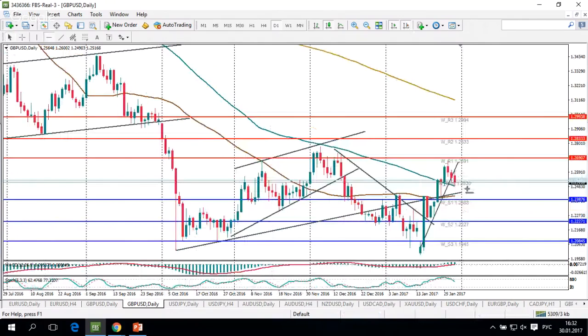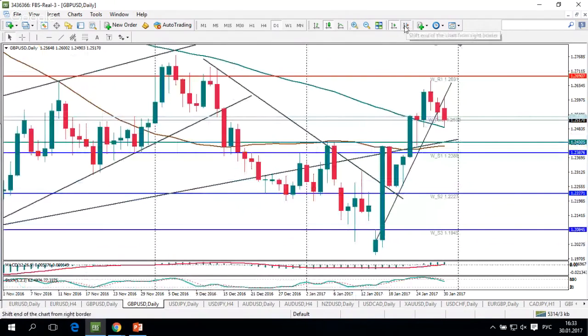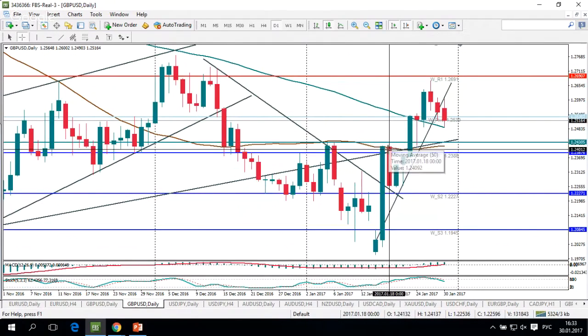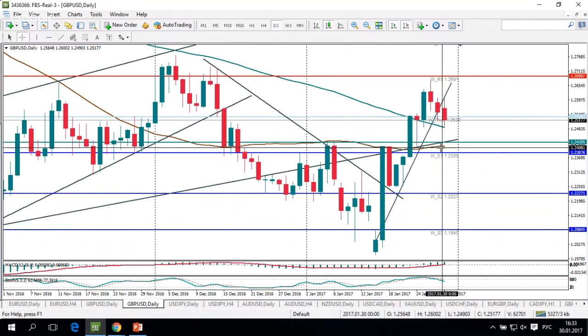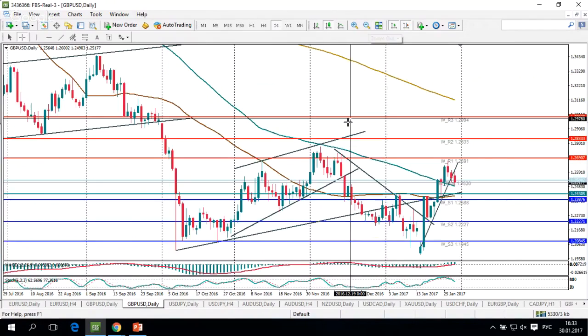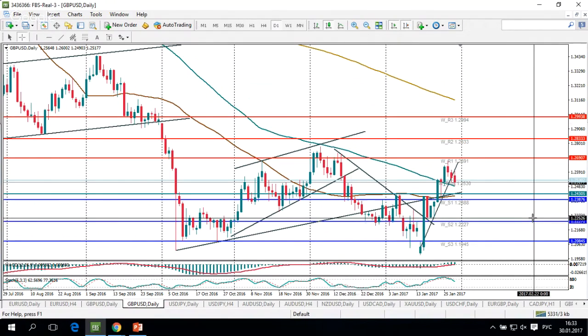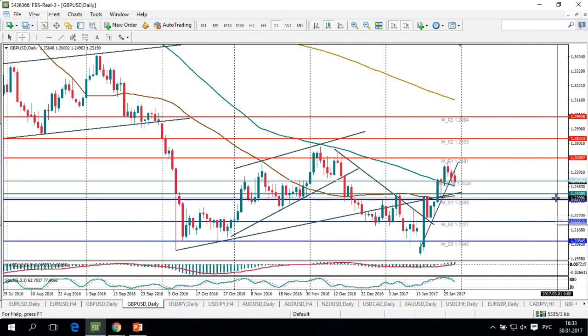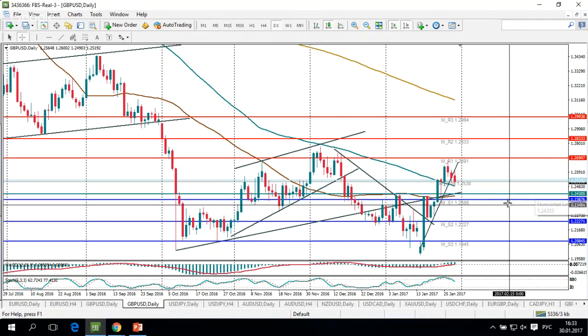The area of 1.2430, 1.2415, yeah, here it is. Highs of January 5th, 6th, 17th, and 18th. This is the support area. The pound will retain the ability to visit 1.2775 and get higher. Below 1.2430, the